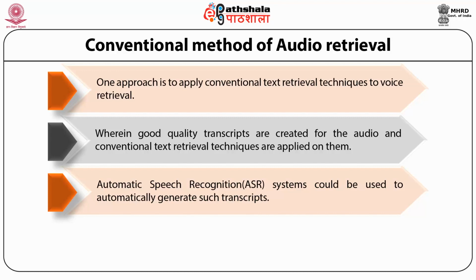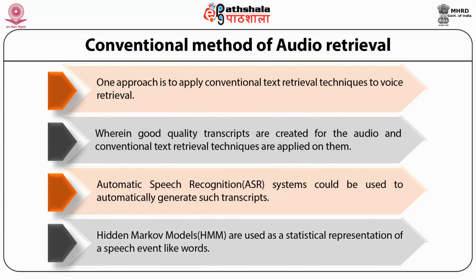Hidden Markov models form the backbone of ASR systems. A hidden Markov model is a statistical representation of a speech event like a word. Model parameters are trained on a large corpus of labeled speech data. Once a trained set of HMMs is generated, query speech can be matched to find the most likely model sequence, that is the recognized words. However, even a good quality transcript lacks punctuation, paragraphs, and all the elements that provide structure.